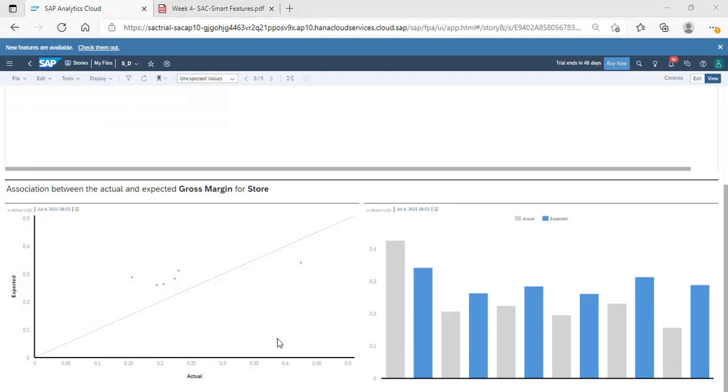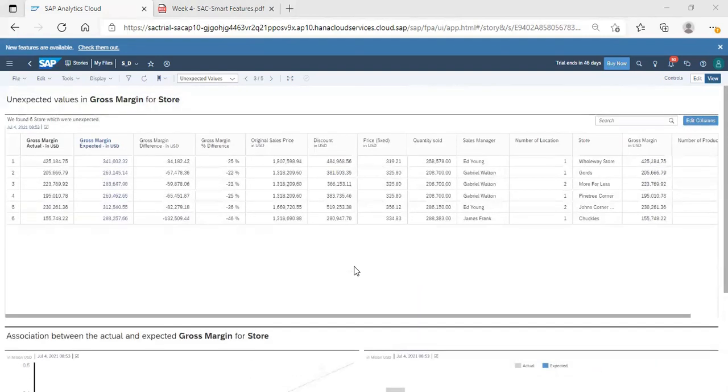Vivek, what is that unexpected? What does it exactly tell us? It is basically giving you the kind of expectation you will get in your coming months or coming quarter. I mean, what are your expected values whenever the gross margin of a store has increased. So you can see it as some kind of a forecast. Okay, it predicts the future values.